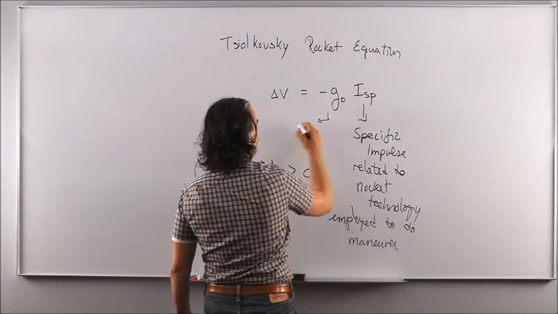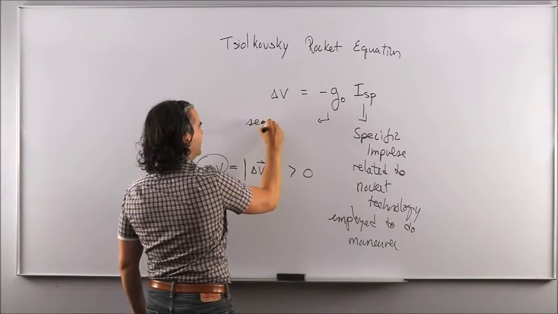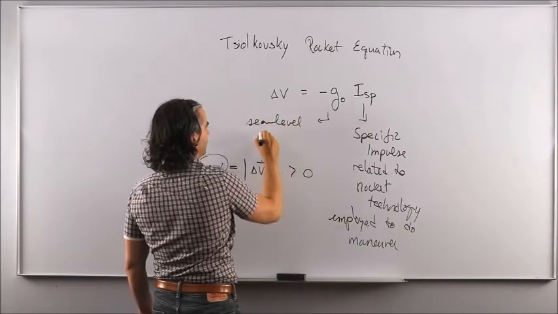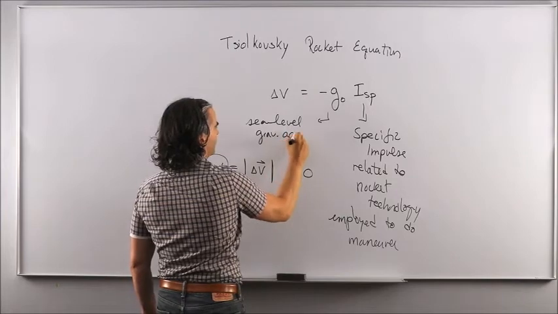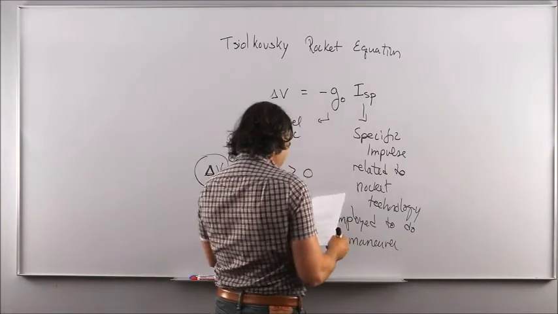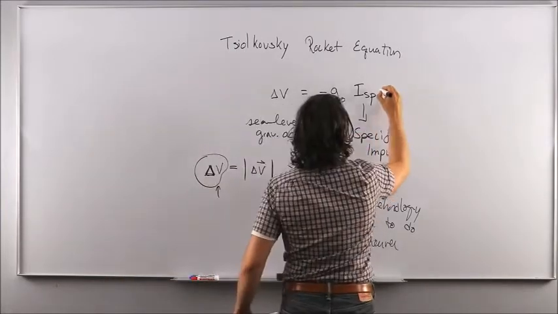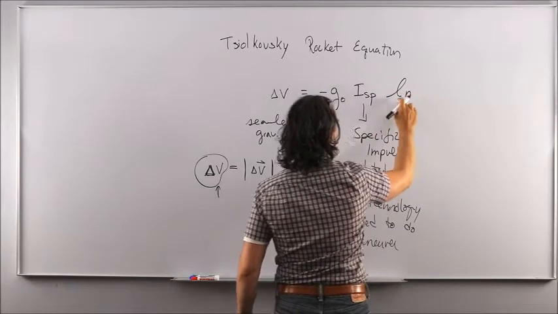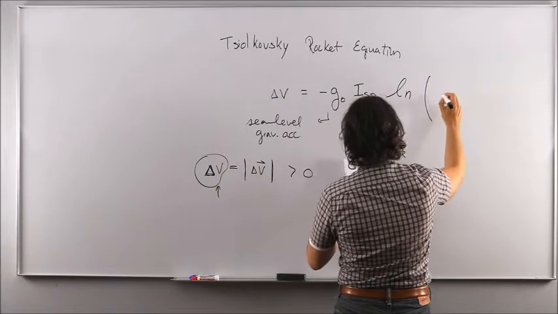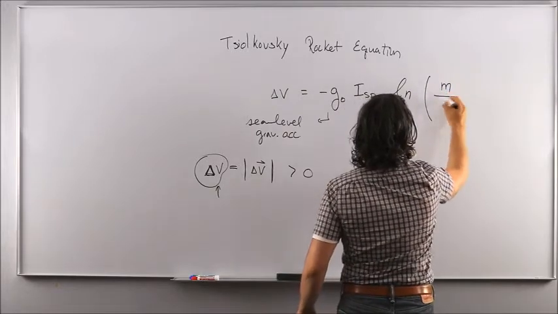Okay? That was sea level gravitational acceleration, obviously. And those two terms are being multiplied with the natural logarithm of the ratio between m and m naught,